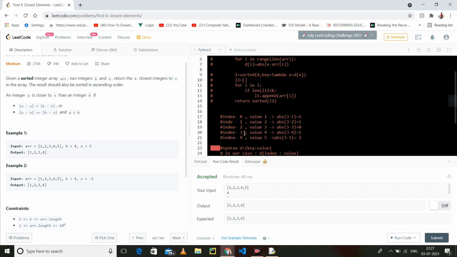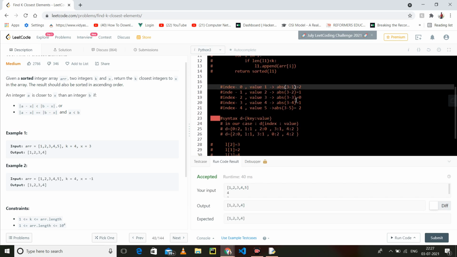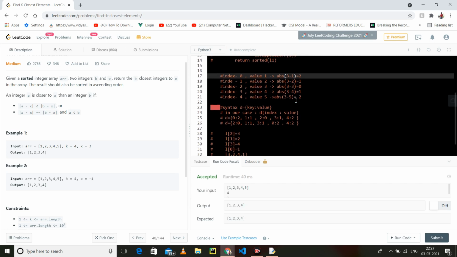So simply what we have done is take an index and find the absolute difference. Now I have to know which index is closest, meaning which absolute difference is minimum. Whatever the minimum absolute difference we have, we can say that element is closest to x. If we have multiple close absolute differences, how can I say which is closest?